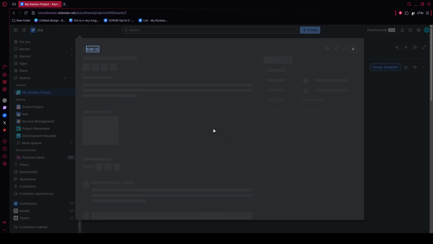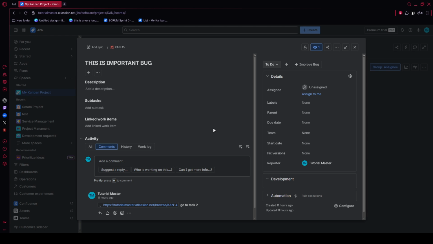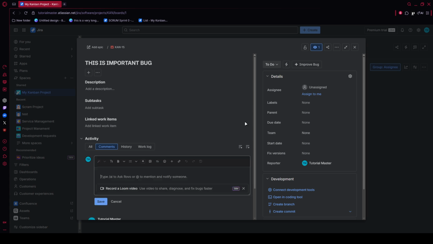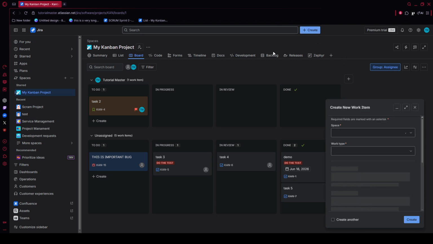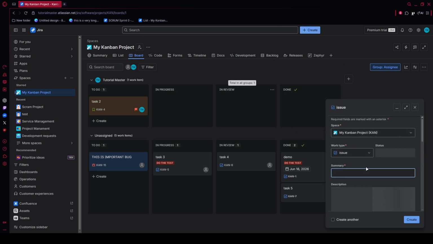After that, move to the summary field and enter a short, specific title. Keep it concise and descriptive so your team can understand the issue at a glance. Then click into the description box and add the supporting details. This is the best place to write out the steps to reproduce a bug, the actual result, and the expected behavior. If you're writing a story or task instead, use the description to give enough context for someone else to